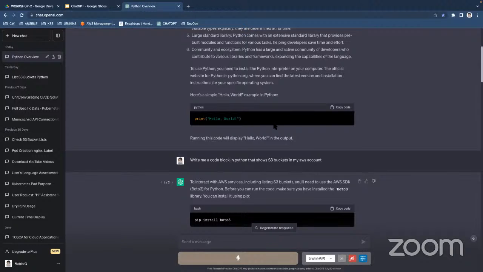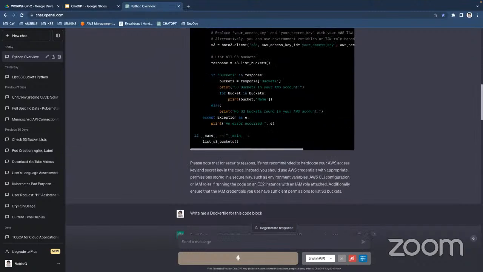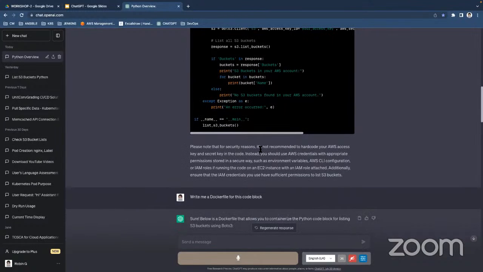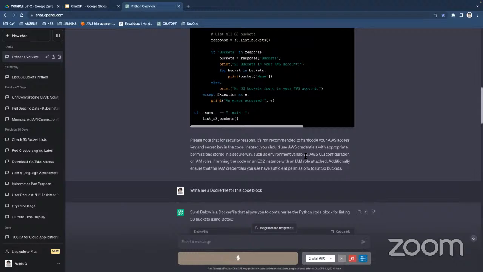Of course, in this workshop, we focused on how to create a Dockerfile, not even the code. Sometimes we may even get an error from the code. That's all right. But for the Dockerfile, for example, Python and Dockerfile go very well together. I mean, they really get along as a duo. So the accuracy is very high, but with Java or sometimes other languages, you may find it very difficult to create a Dockerfile itself.